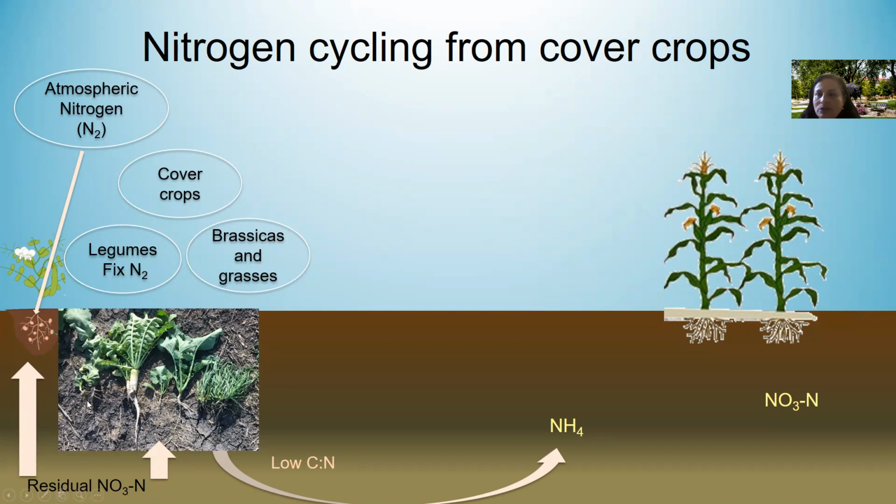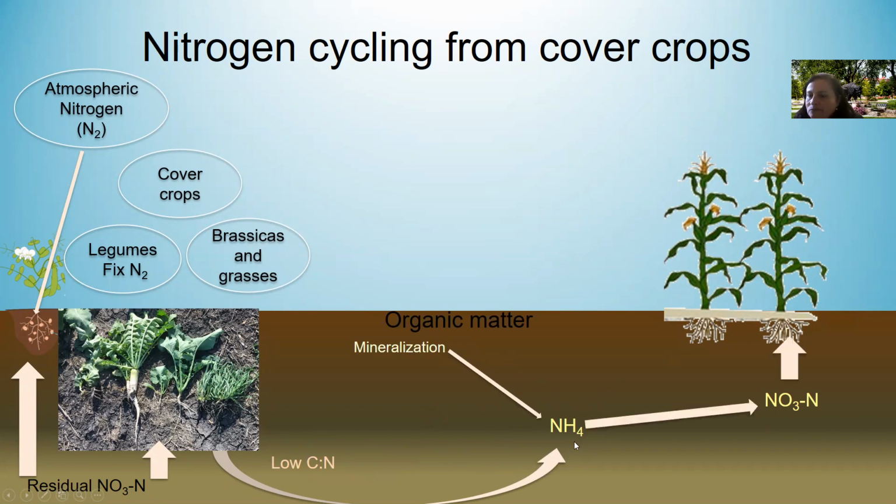Now, when these crops get winter killed, or go back to the soil as residues, as you see here, the tissue is very large and has a low carbon to nitrogen ratio. And because of that, all the textbooks say that a low C:N ratio will lead to a release of the nitrogen as ammonia into the soil for the next crop. There's also going to be mineralization of the organic matter in the spring when we plant this crop. And that ammonia is going to nitrify and form nitrate, which is taken up by the cash crop, in this case corn, and